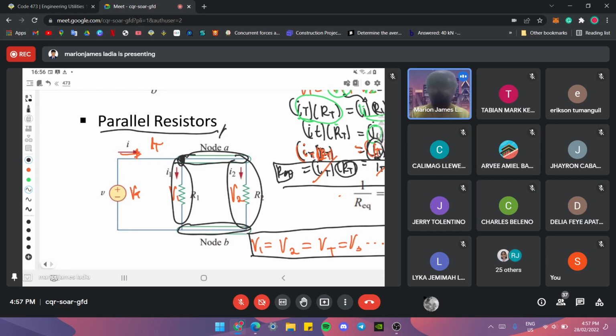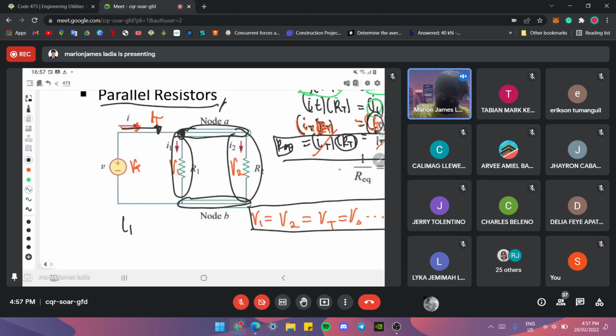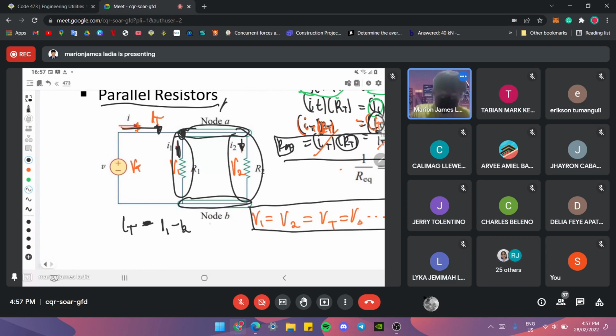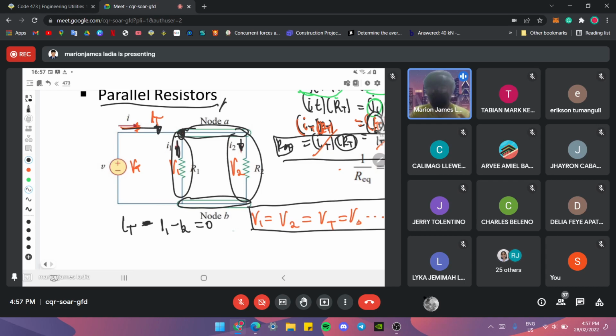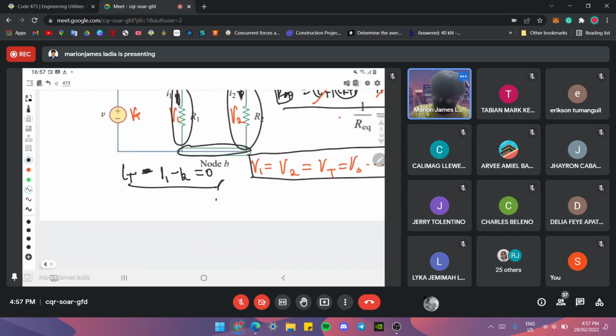So, to put it simply, going into the node is positive. Okay? So you will notice this is I total. And going out of the node is negative, which is equal to, less I1, less I2, which is equal to 0 because of what you call the conservation of charge. That's why I always say that current in a parallel connection is additive because we have I total is equal to